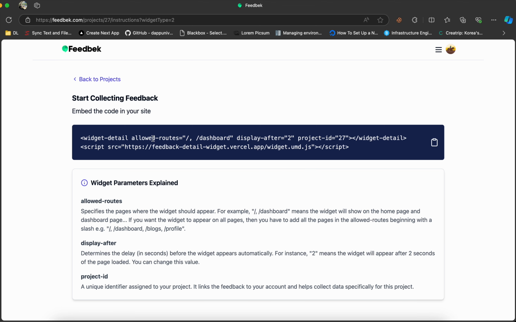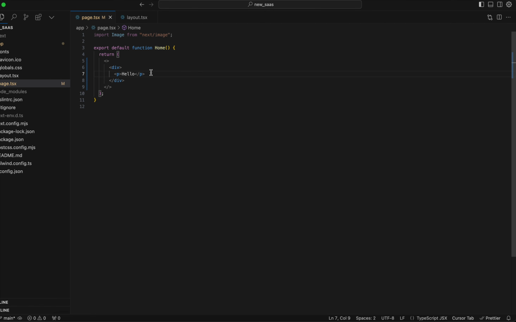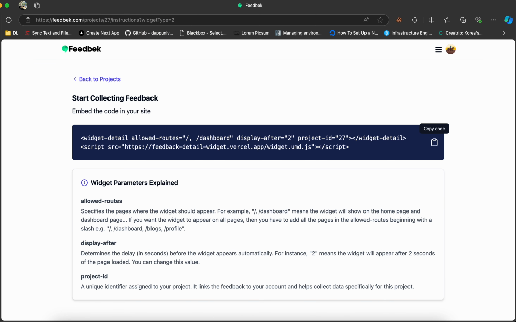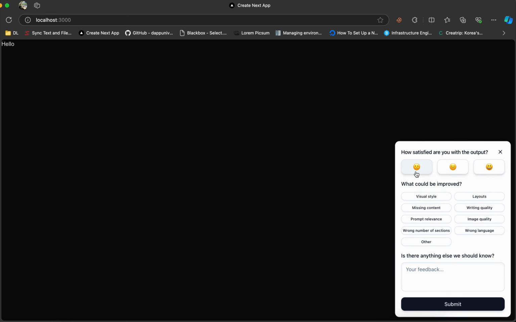Now you can show the feedback on different pages. I'm going to show it on the home page and dashboard page. Go to the code and paste it here. This error is from the ESLint, not from Next.js, so it's still gonna work. You can disable it from the config file. I'm gonna go back to localhost 3000 and refresh this page, and you see it appeared